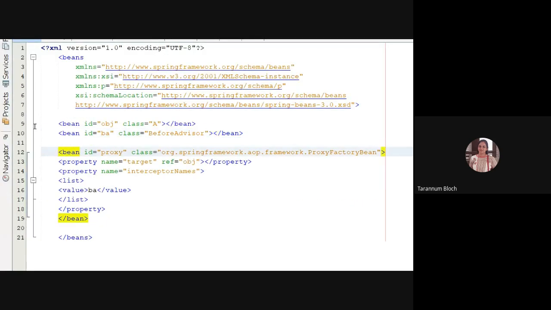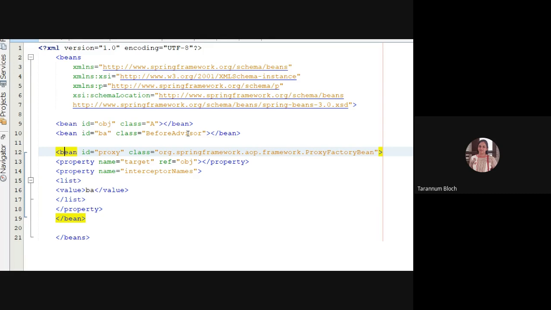And now we are talking about the bean ID, which is proxy. As we said, proxy is the object around which the other objects are involved, or the one which is connected with multiple classes or multiple beans, we call it a proxy. So here proxy is the class org.springframework.aop.framework.ProxyFactoryBean. We are giving the ID proxy, right?